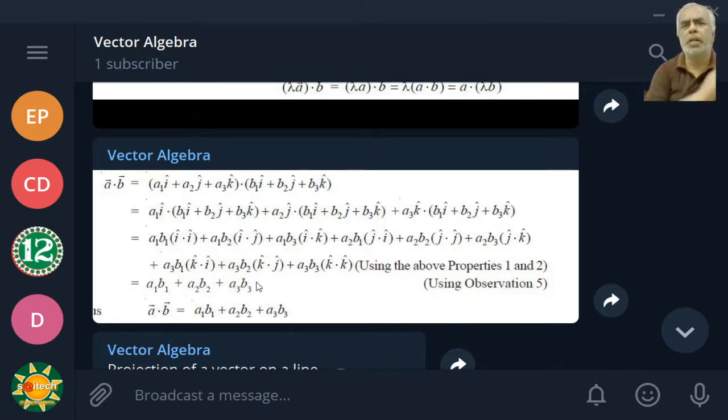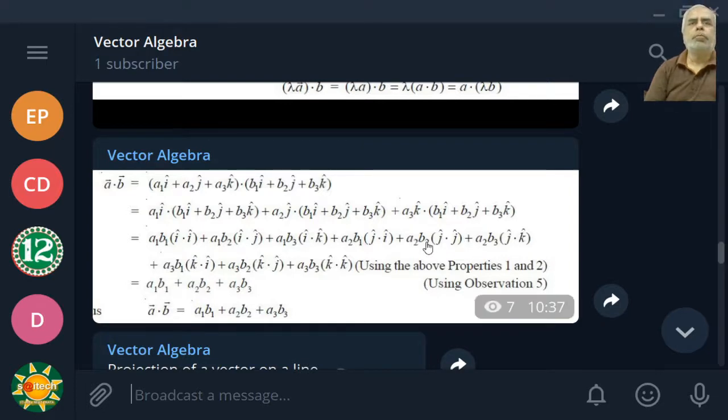So in that case, vector a dot vector b, the scalar product in terms of their components, okay, is nothing but the sum of the products of their component magnitudes. So here a1 b1 plus a2 b2 plus a3 b3. So the resultant is a pure magnitude. It doesn't have a direction. Okay, right. So this is another important property.